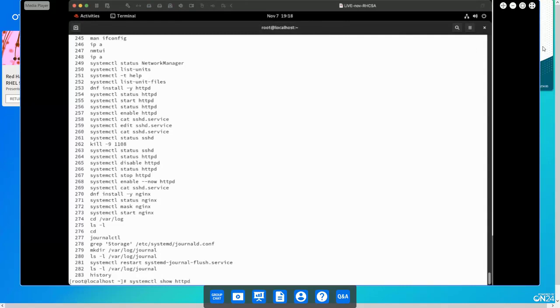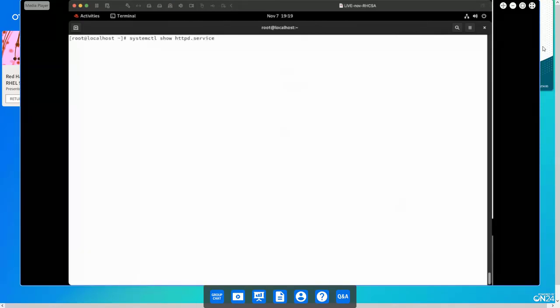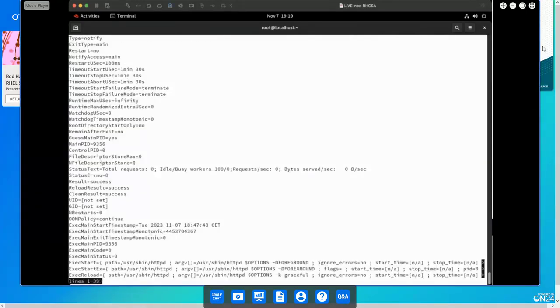If I use systemctl show httpd.service, what is systemctl show doing? Systemctl show is showing all the systemd parameters that I can squeeze in. Like, for instance, OOMPolicy is continue. What is OOMPolicy is continue? I don't know. Let's do man